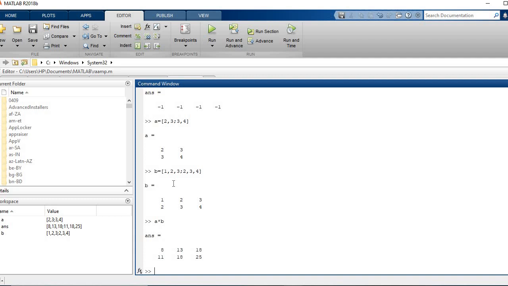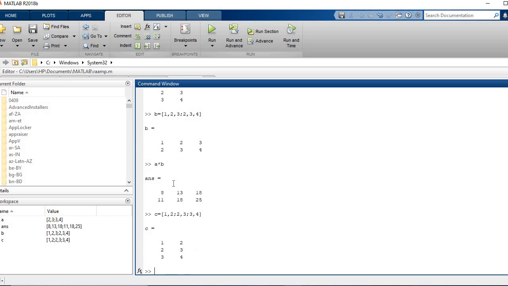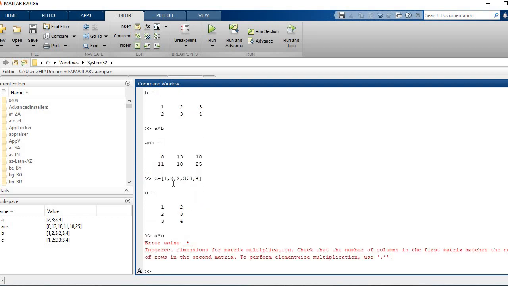If I define a matrix C, let's say as 1 comma 2 semicolon 2 comma 3 semicolon 3 comma 4. Okay, now this is the C matrix, and I give the command A multiplied with C. Now this gives us an error. Incorrect dimension for matrix multiplication.